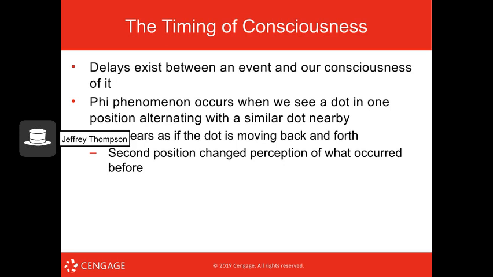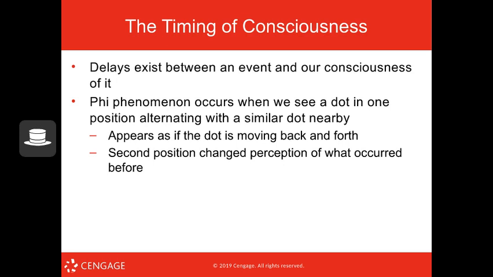So there is a slight delay between when something happens and our awareness of it. If you think about it, information needs to travel through the brain for us to be aware of it. So there is a delay. The present moment is actually like a fraction of a second after anything actually happens. So we're actually experiencing the past, right? And part of our perception of the quote unquote present moment is based off of